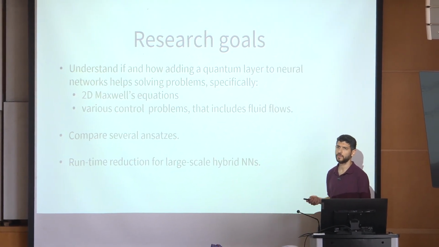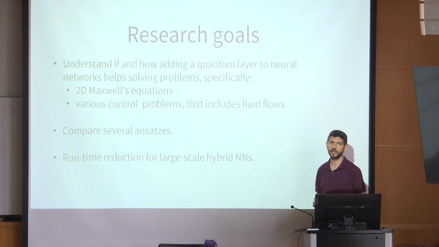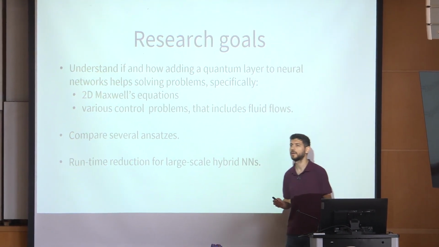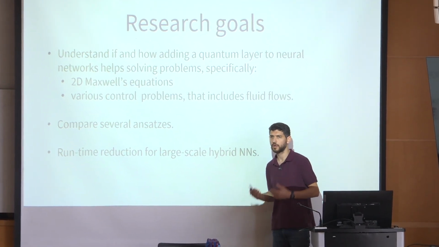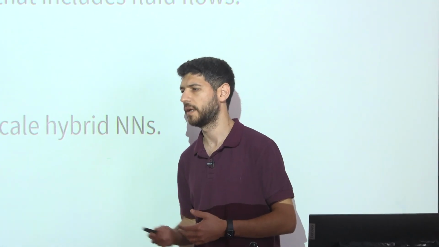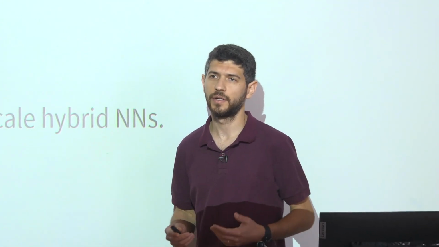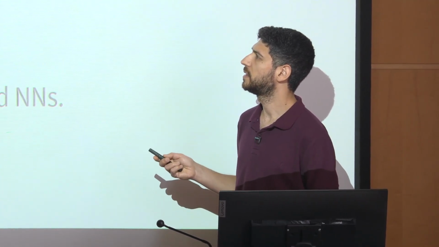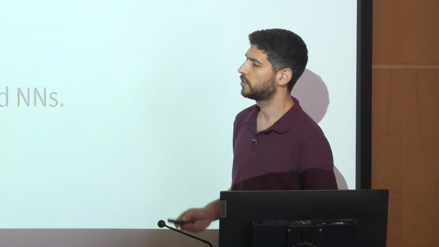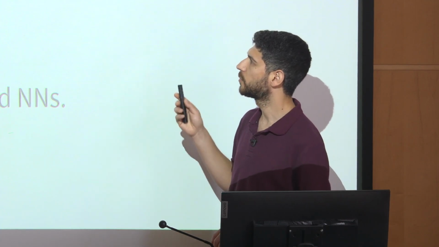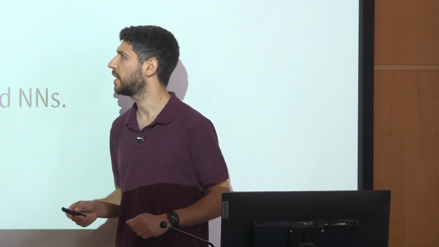layers to classical machine learning and neural networks aids in some way in solving other things, like computationally better or more efficient computations. We did it on the 2D Maxwell's equations, and also several control problems that, again, would be a little